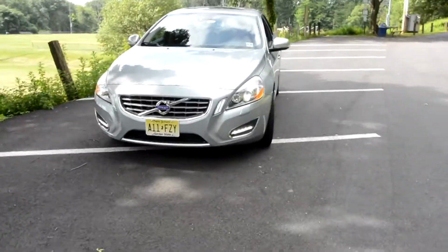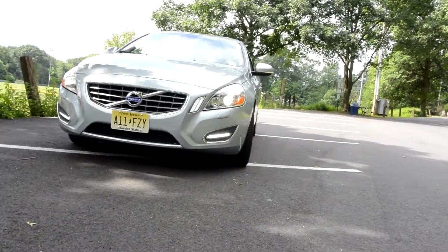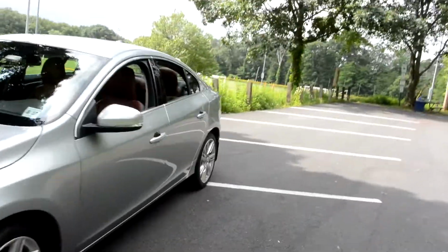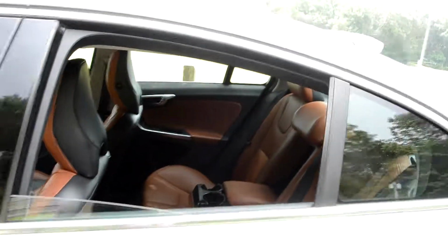I'm just gonna start in the front of this vehicle. We have the xenon factory lights that turn with the steering wheel. Very, very cool. LED lights that are super bright, and in any sunny day this car will turn your head because it is so bright. Doug, this is pretty cool, man. The rear window goes down all the way, and if I want to sit into this car,